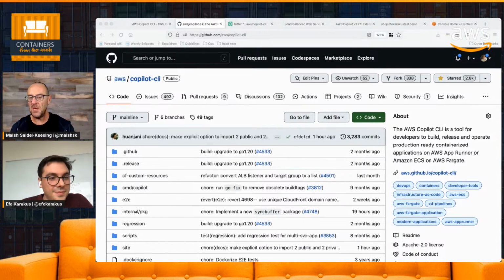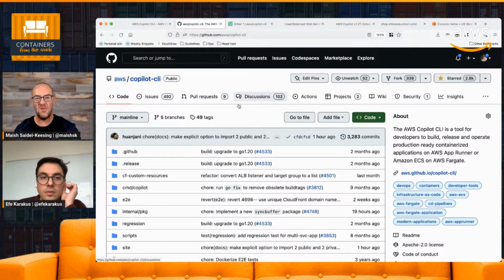If a customer has questions or asks for new features, is there a roadmap of what Copilot is working on, what's coming up in the next few months? Firstly, how often do you release a version? Yeah, so